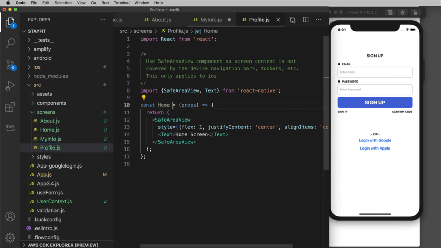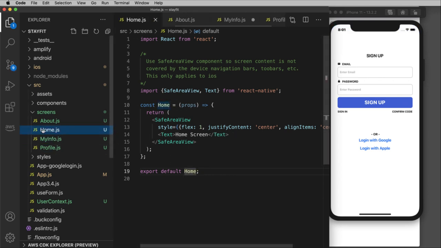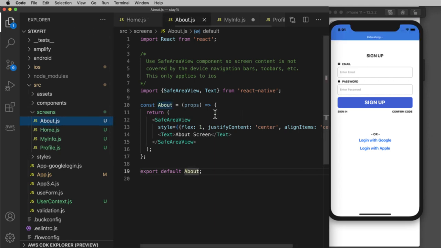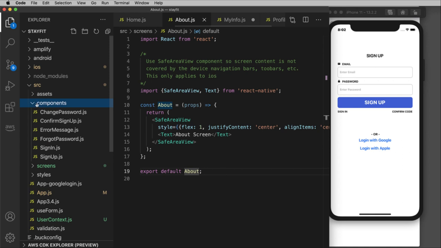Same for profile. All right, so we have profile, my info, home, and about. So we've got all our screens, we have our user context, and then finally we need to add